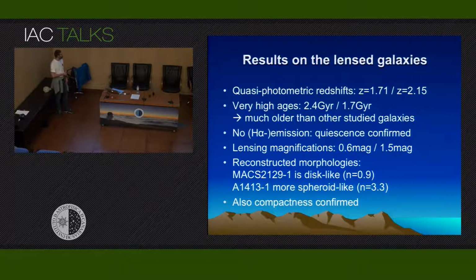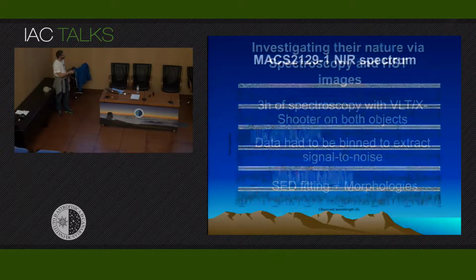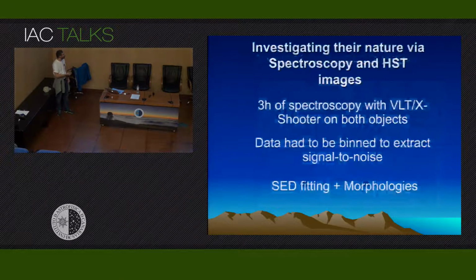So we also reconstructed their morphologies by fitting Sérsic models to them. MACS2129, that was the one which we see turned out to be indeed a kind of disk-like galaxy, which